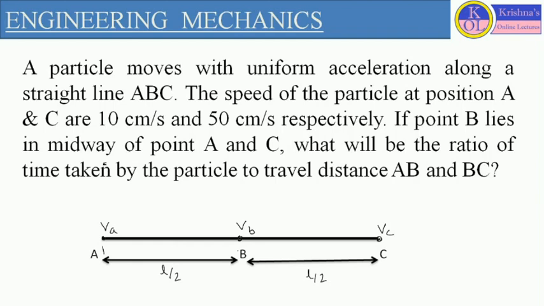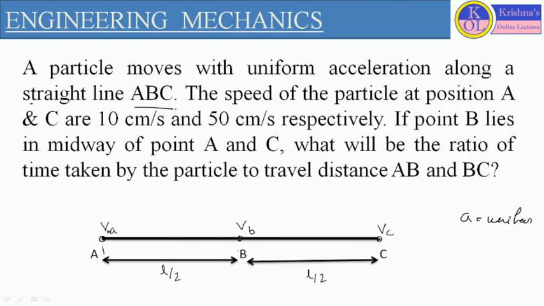So in this numerical, what is given? Here we are considering one particle which is moving with uniform acceleration. So we will consider acceleration as uniform. So here this particle is following a straight line path ABC. So you can see one line. So this line is representing a straight line path. So if A is the initial position of the particle, this particle will follow this straight line path ABC